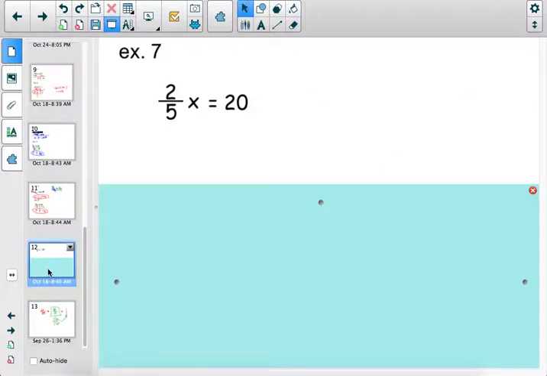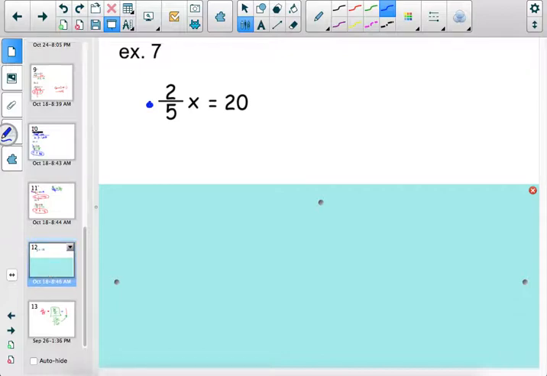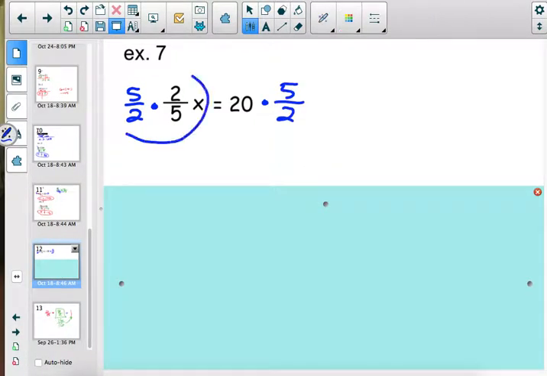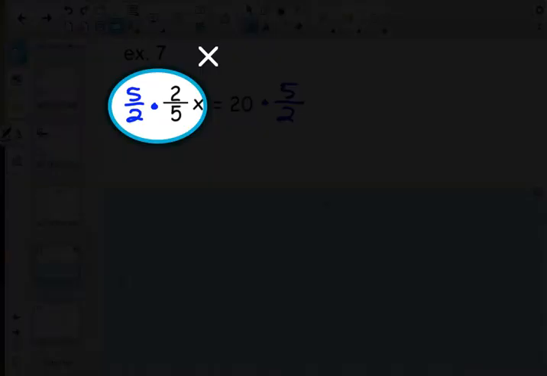We want 1x. How am I going to get rid of 2/5 on one side? Ben, wouldn't it be 5 over 2? We're going to multiply both sides by 5 over 2. What is this going to equal right here? 5 over 2 times 2 over 5. Is it going to equal 10 over 10? Yeah. Is that the same thing as 1? Yeah, so you're going to be left with